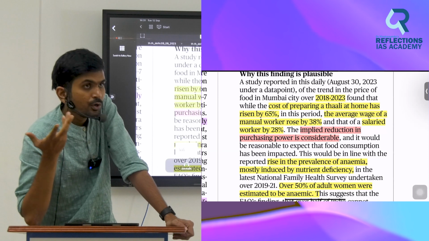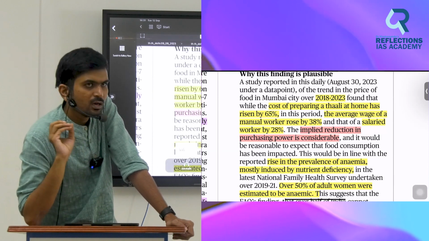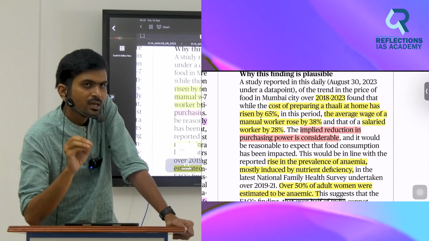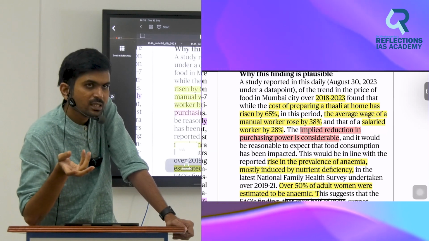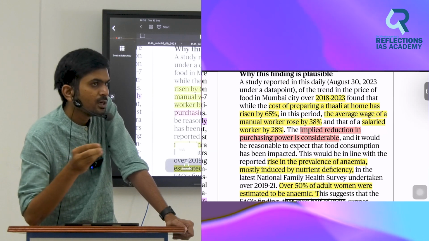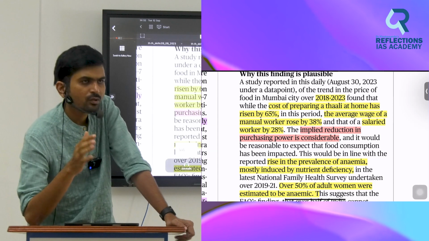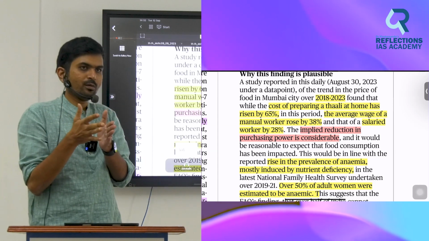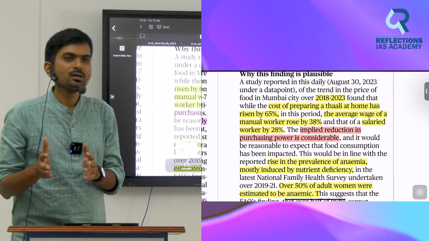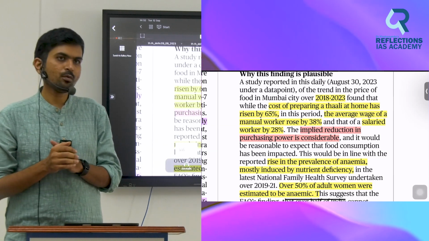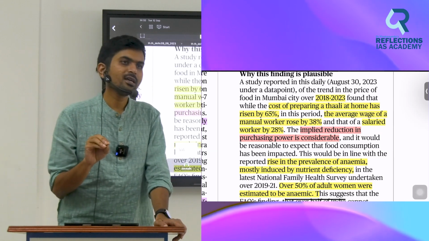Do you know, for example, milk? India is the largest producer of milk in the world. But is milk cheap or costly in India? It has become very costly in recent times. Why? Demand is more, supply is not proper. So all these are called supply side problems. So what the author is trying to tell you is, please solve supply side problems. That is the summary.